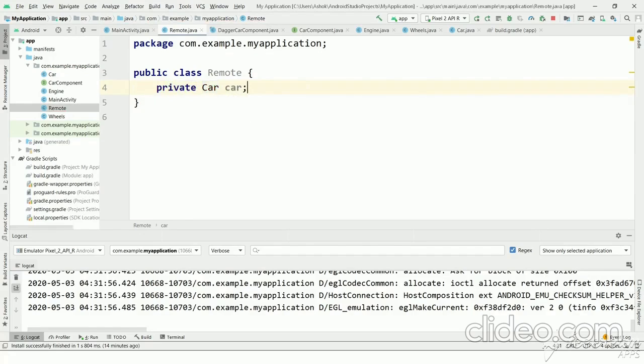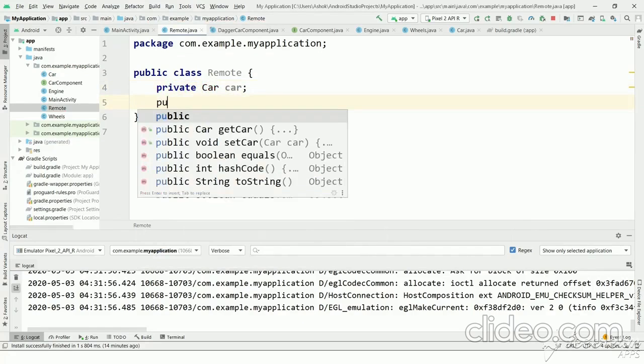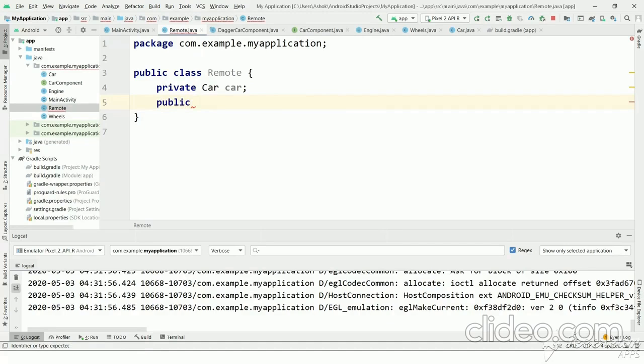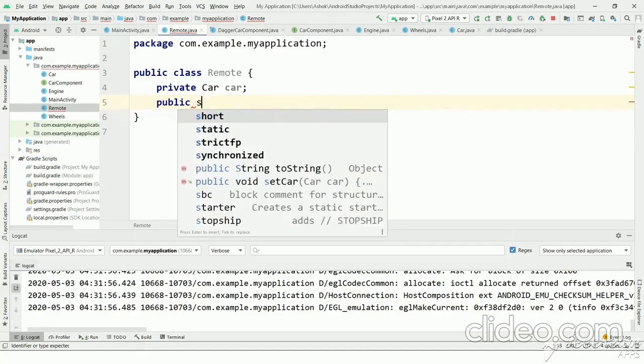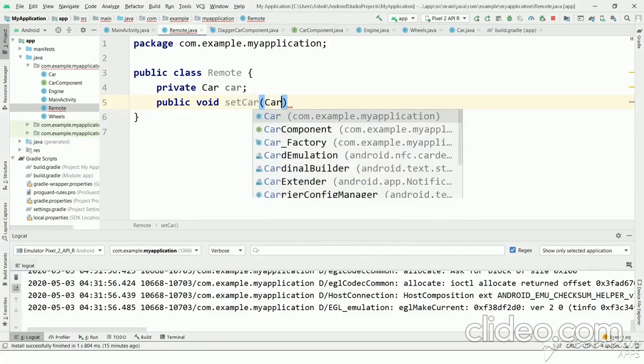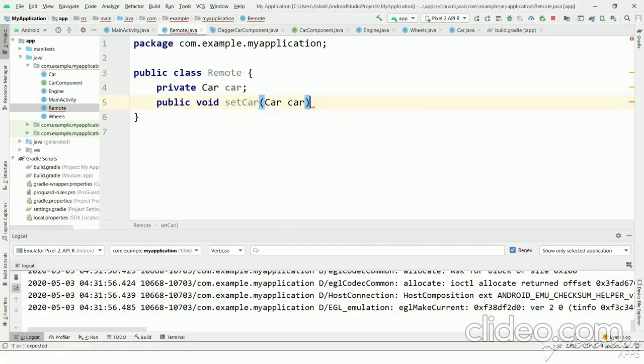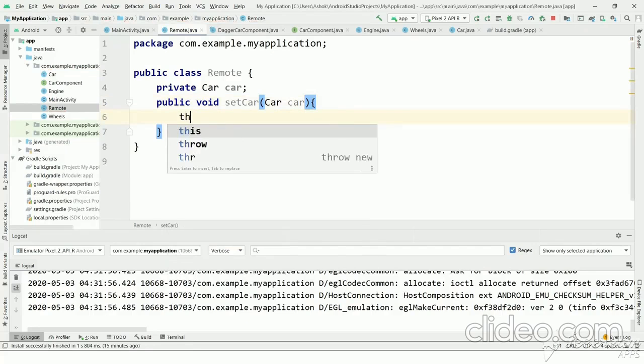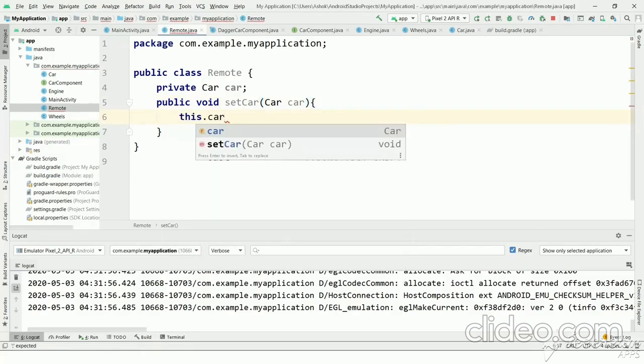And it has a method void set car, taking car as argument, and we will set this dot car equal to car.